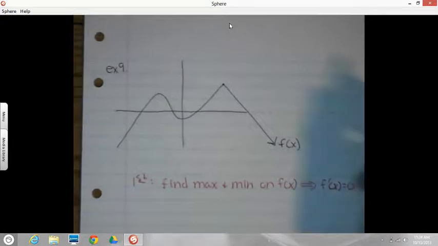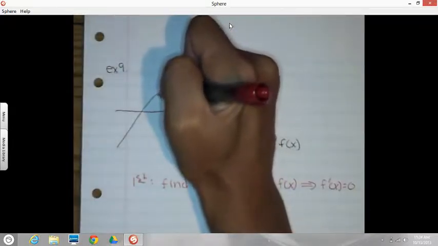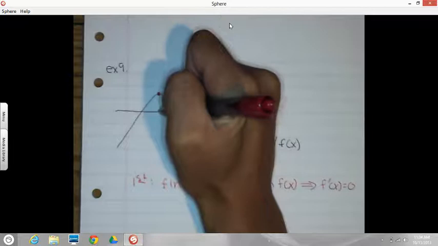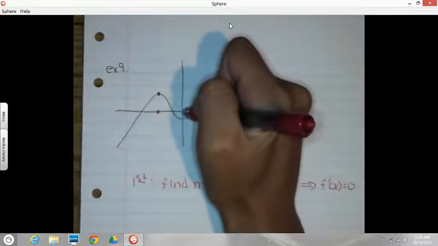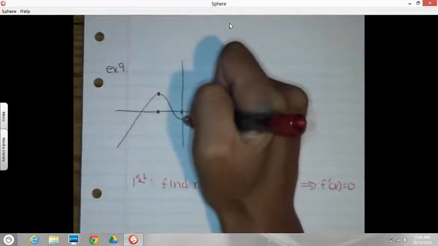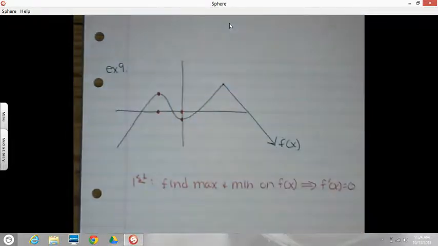So I've got a max here. So that means my derivative is going to have a 0. It's going to cross right there. I've got a min here. I'll put it at the origin. So my derivative graph is going to cross there. Now,